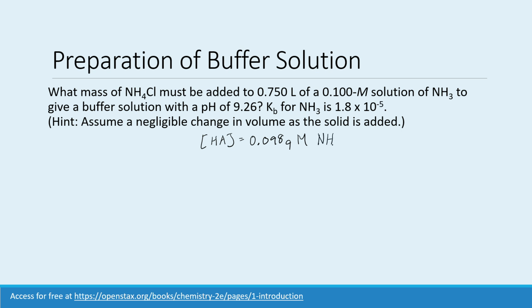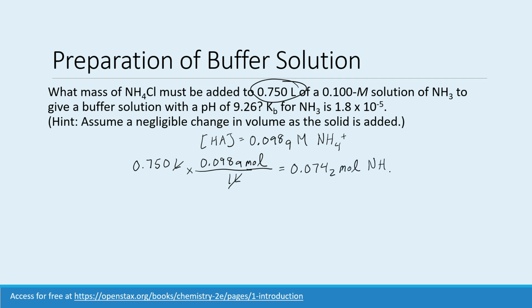And so remember, that's the concentration of the ammonium ion. And so if I've got the concentration, it can be used as a conversion factor with the volume in liters. So 0.750 liters times the molarity of 0.0989 moles per 1 liter. Liters cancel, left with the moles, you get 0.0742